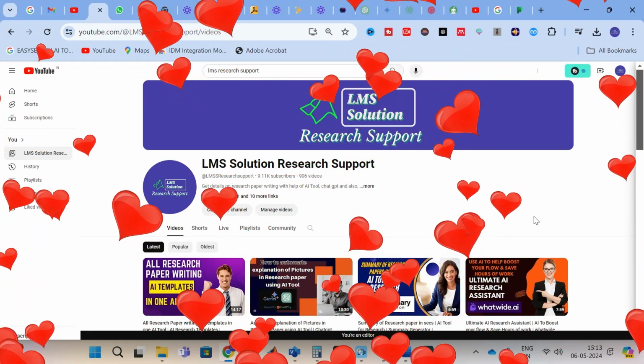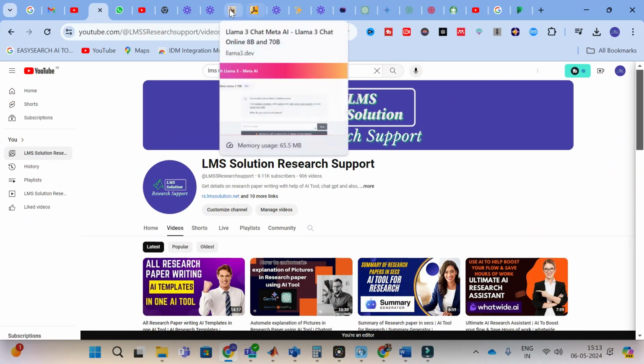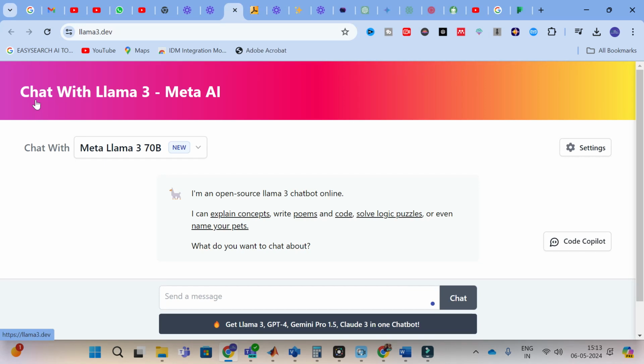In this video, we are going to discuss a fantastic chatbot powered by Llama. So here you can see that this is the Chat with Llama tool. Let us go on to today's video and explore this AI chatbot, because it has unique databases like ChatGPT, Googlebot and Perplexity. So it also has its own databases. Let us explore those databases by giving some research prompts, and we will generate some research paper writing content using this AI chatbot. Let us go on to today's video.